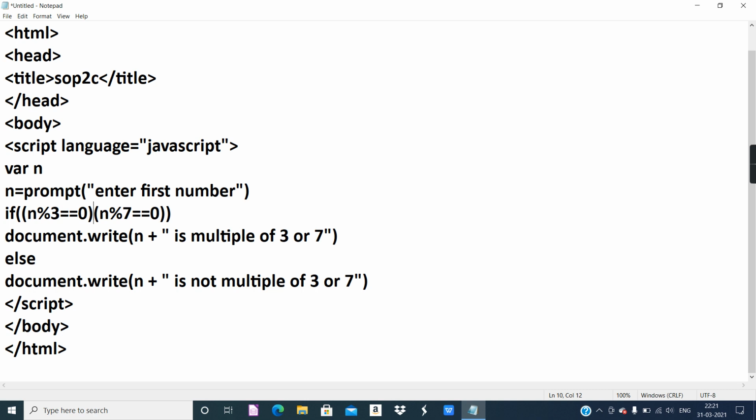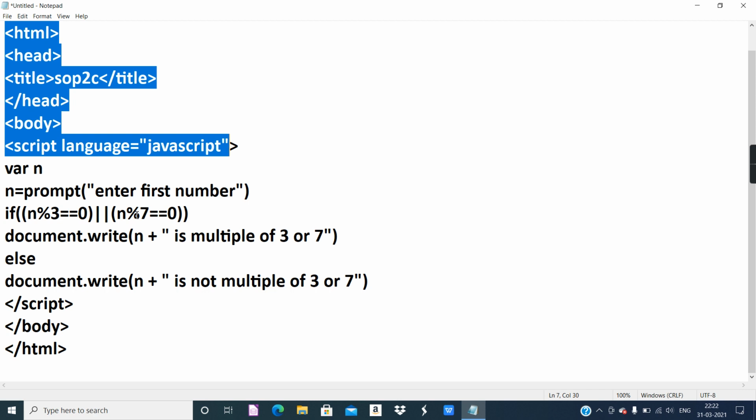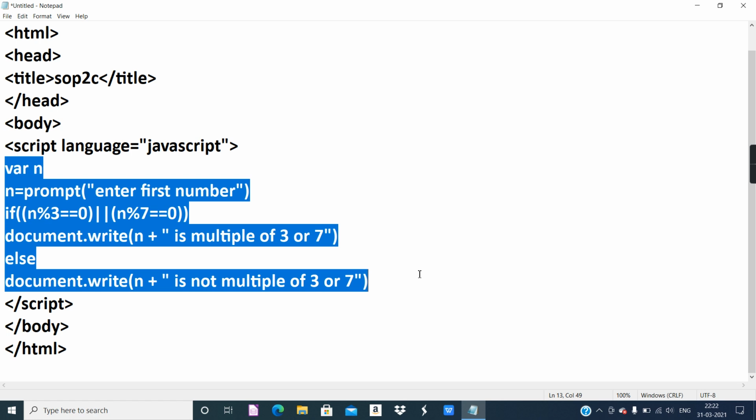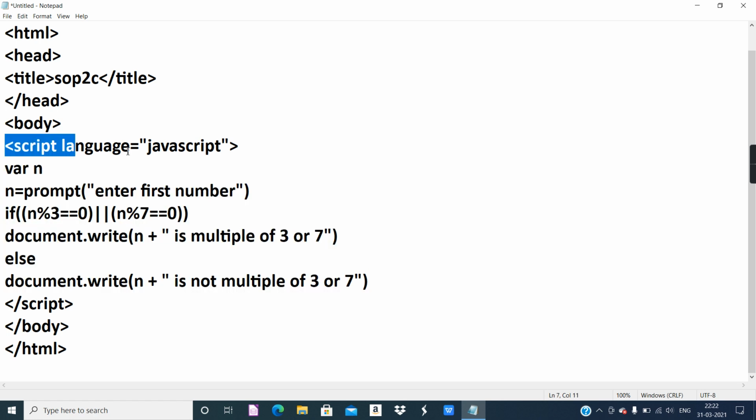But our question is or. The word which is mentioned in the question is or, so we will use this bar symbol twice as it is given in the text. For the remaining things, you know the basic structure of HTML, and to include the JavaScript code, you must always include it inside the structure of the script tag. That is also discussed in many of the examples in previously uploaded videos, where I have explained the significance of this.